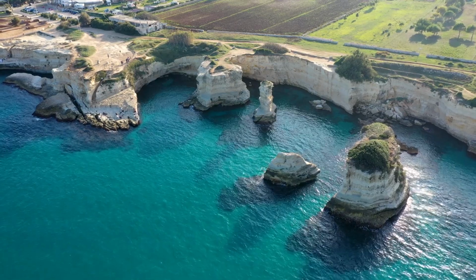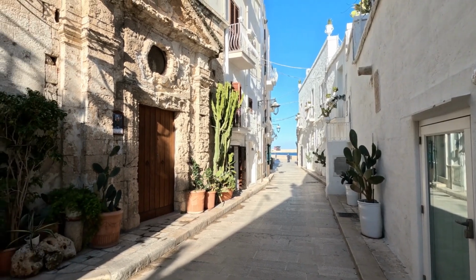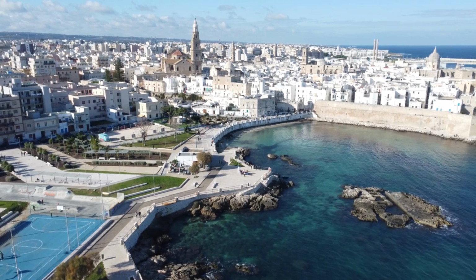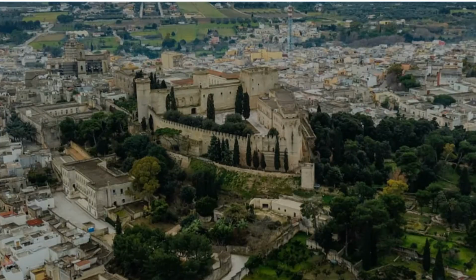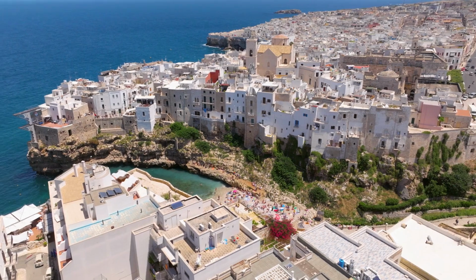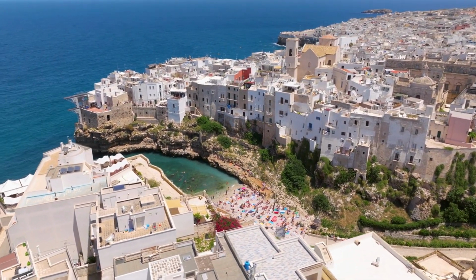We have been looking at how to retire in Puglia, Italy for cheap. We have several videos that we have recently made that go over why those thinking about retiring in Italy might want to look at Puglia. In this Retire in Italy for Cheap video, we will discover Oria. Make sure to stay until the end of the video when we compare Oria to some other 7% income tax